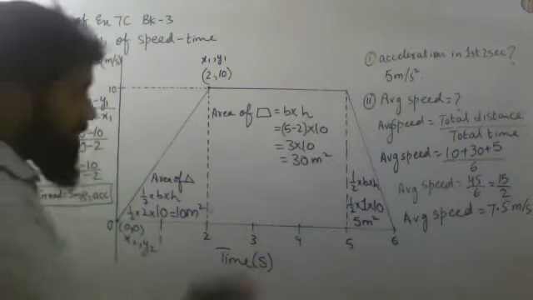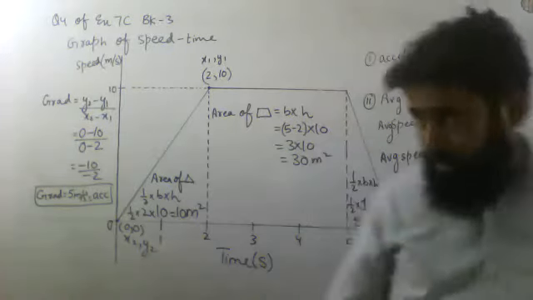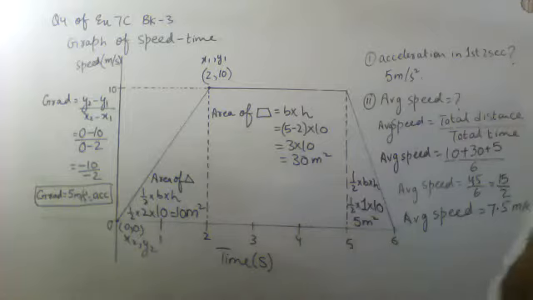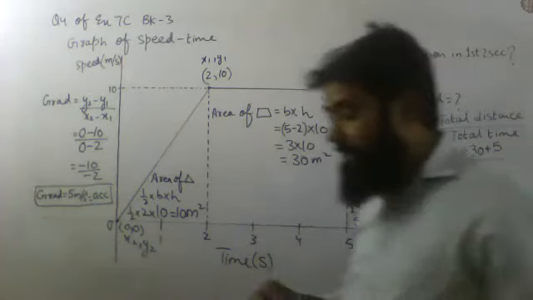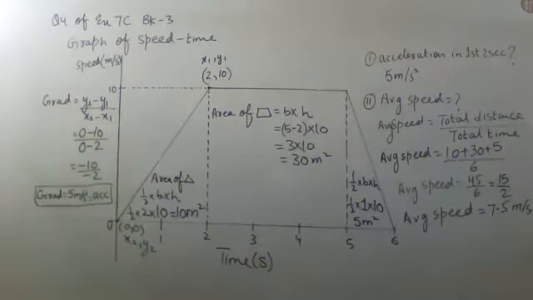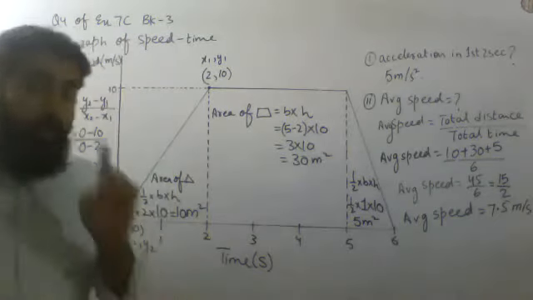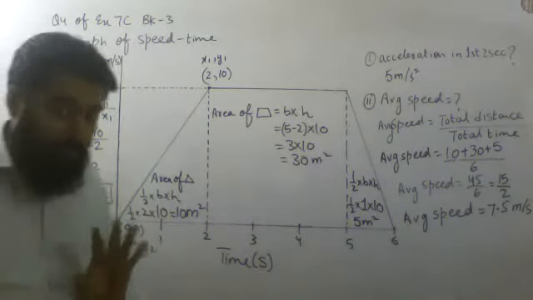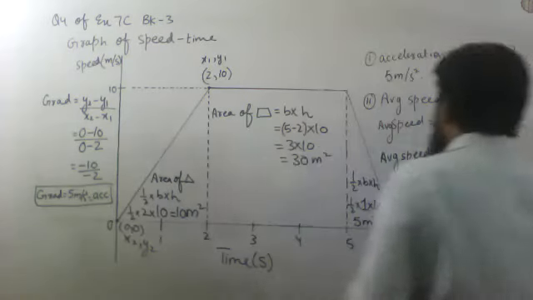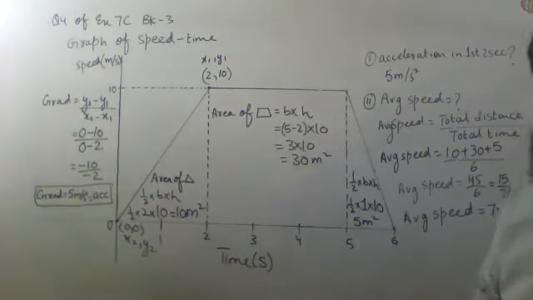Now, these two parts, which I've done over here, part 1 and part 2, were given in the book: you have to find acceleration and you have to find average speed. But now, for instance, I'm giving you a third part that is not part of your book, but I'm giving it by myself. In the third part, for instance, they are saying that